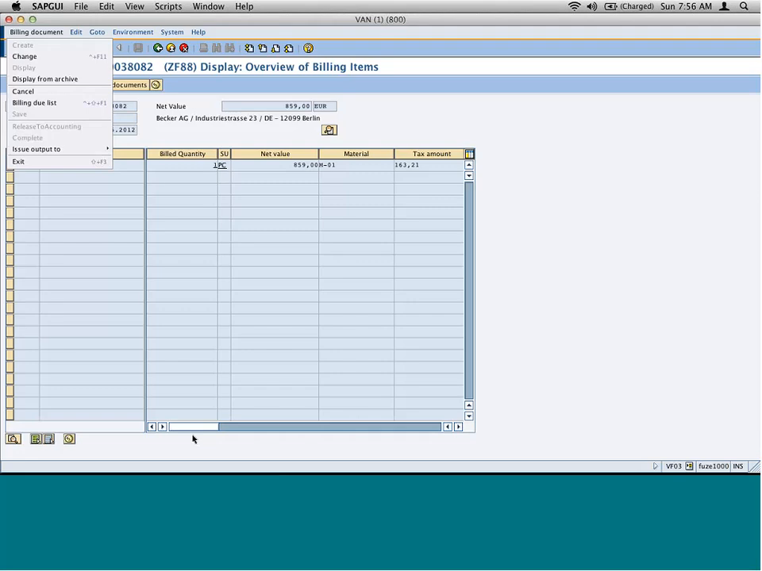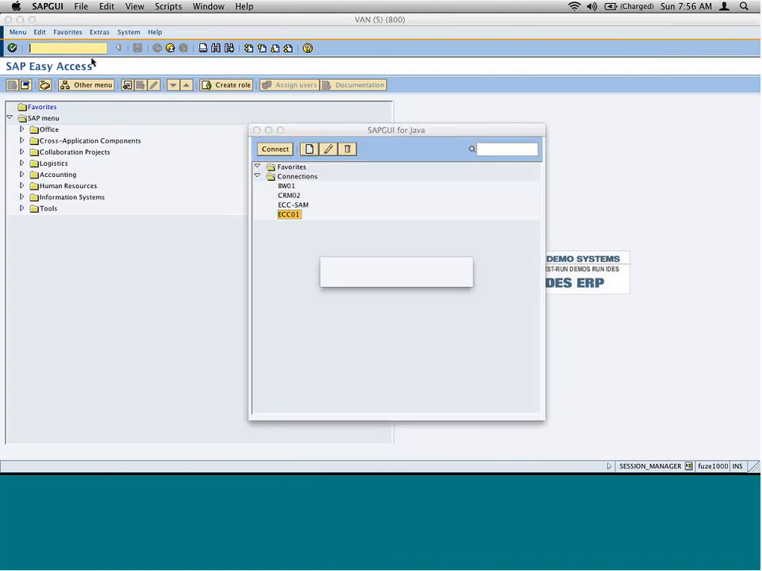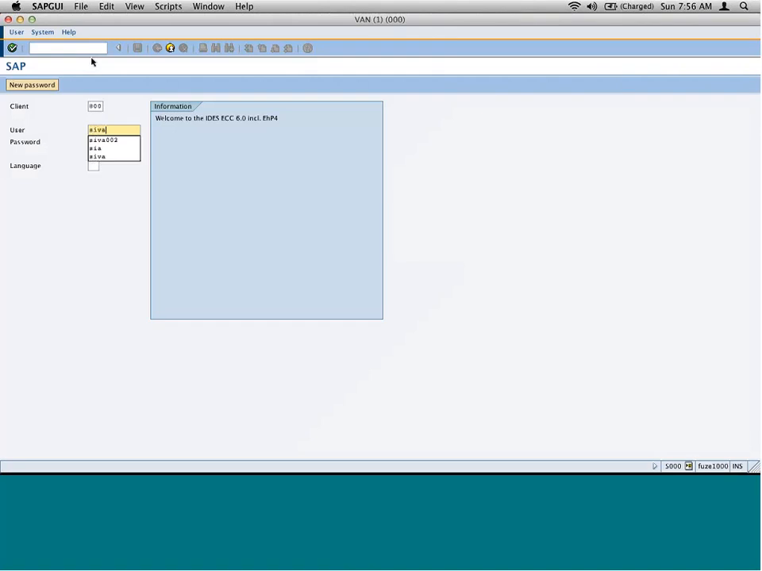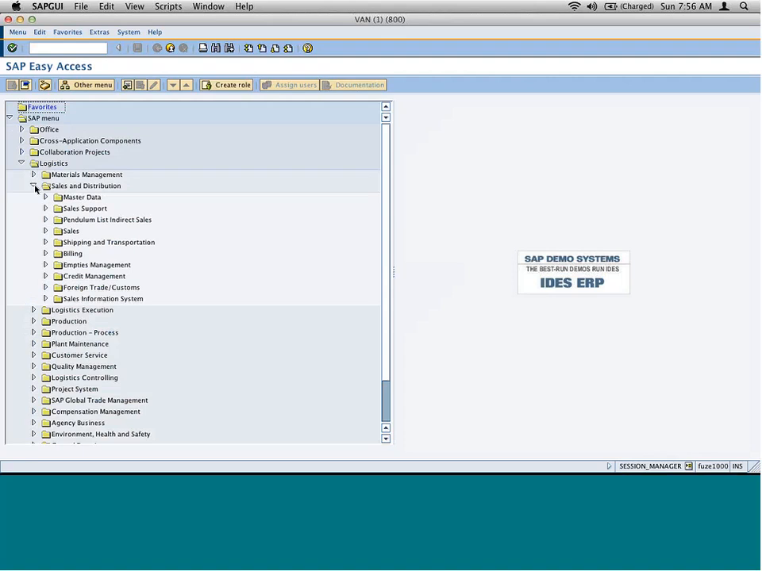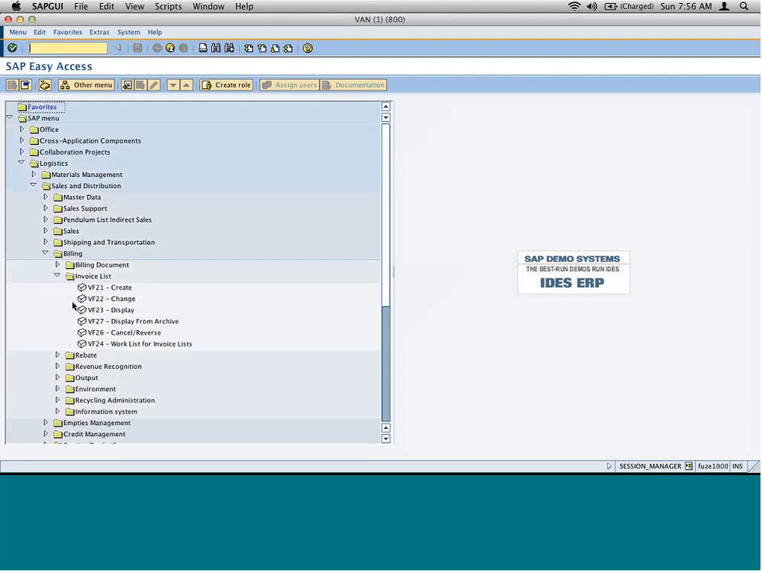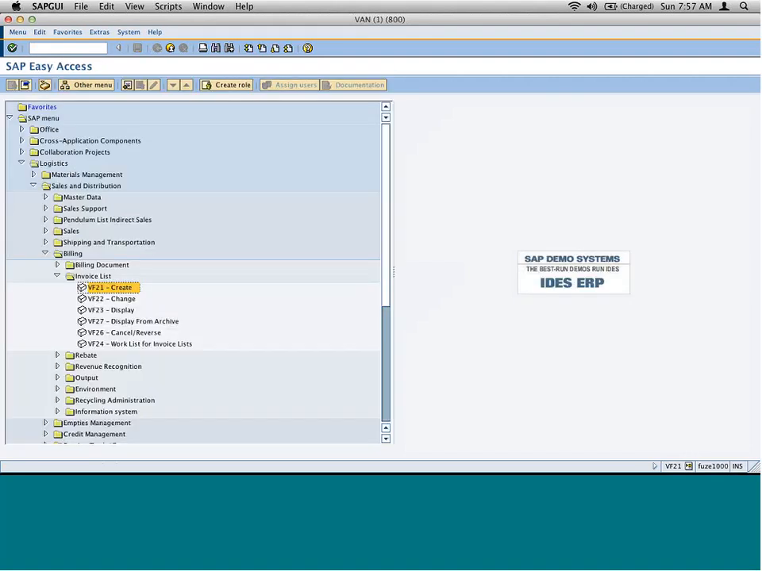Okay, the way to create invoice lists is, okay, looks like I have logged out. Let me log in again. The way to create invoice list is via transaction VF21. If you want, you can go via the menu path, invoice list, VF21. You use the billing type LR, and then you specify all the billing documents against which you need to create LR, or you can go to